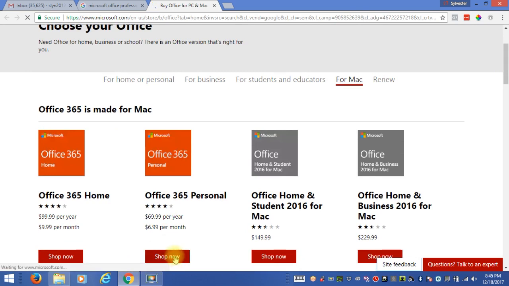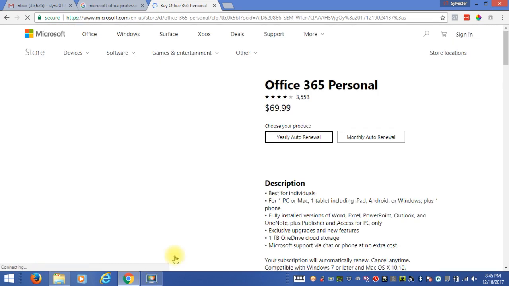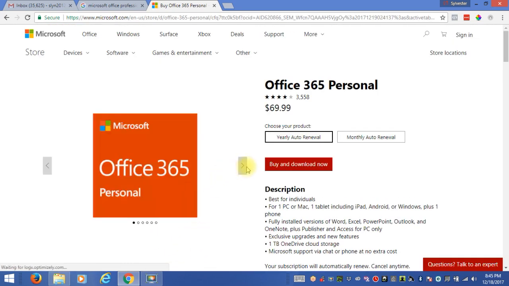When you click that, it will take you here. Okay, obviously they want you to subscribe, they want you to choose the yearly option, which is like $70 a year. But what you need to do is go here and click on monthly, depending on what you want to pay. If you want to make some savings, you can choose this, but I would prefer the monthly,